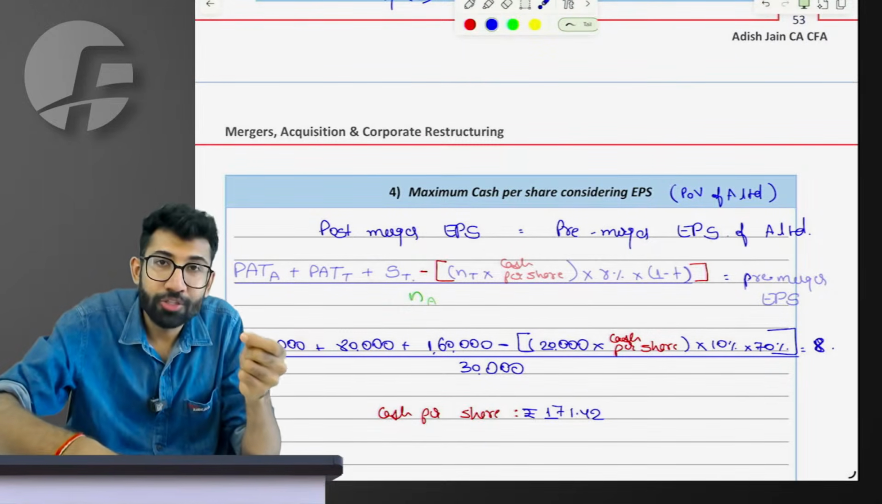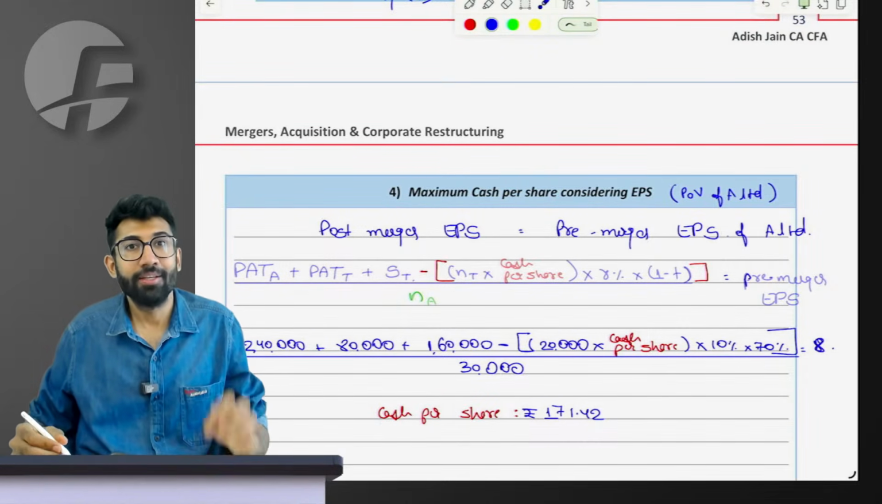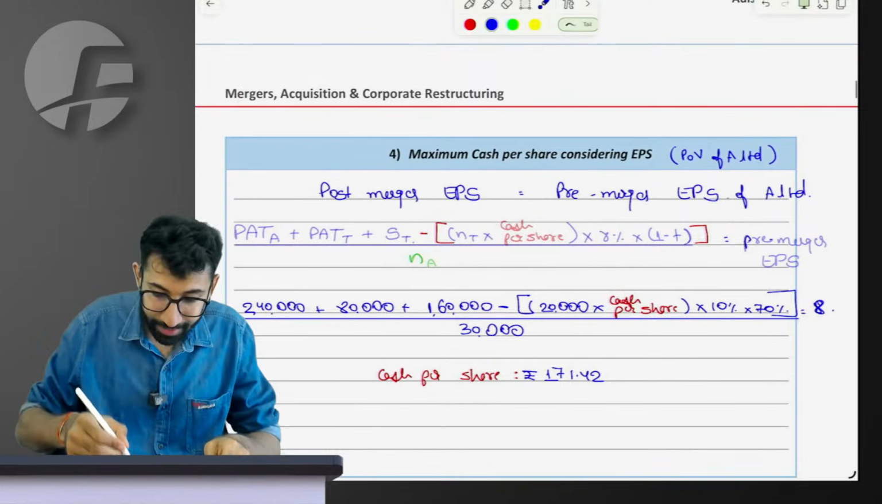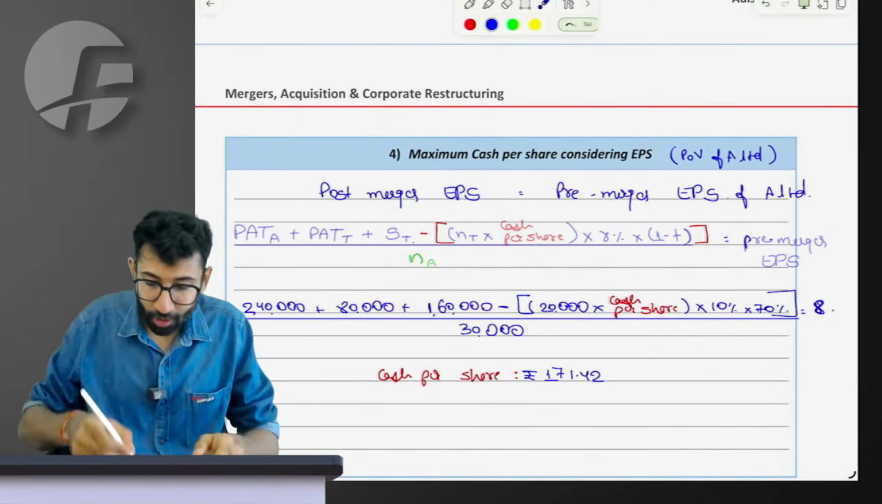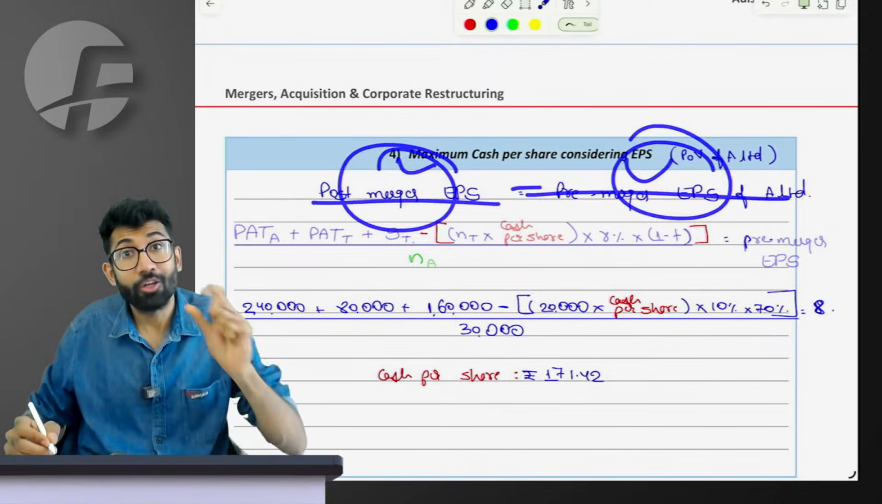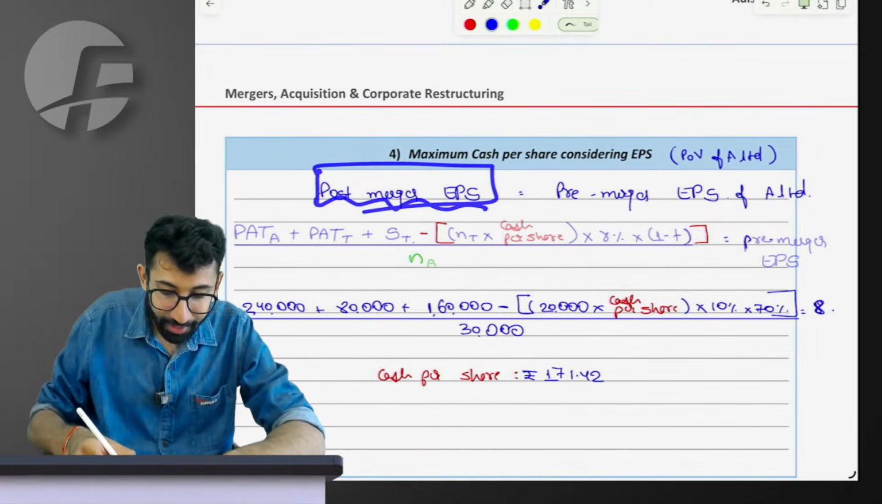My post-merger PAT should be at least equal to my pre-merger PAT. That is what I'm trying to tell everyone in the class. So on the EPS level, I will say post is equal to pre. The thought process remains the same, but the only thing that will change now is the post-merger EPS